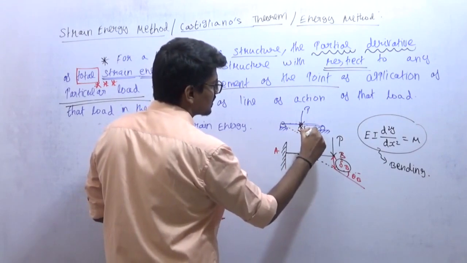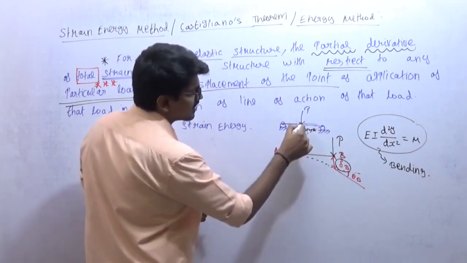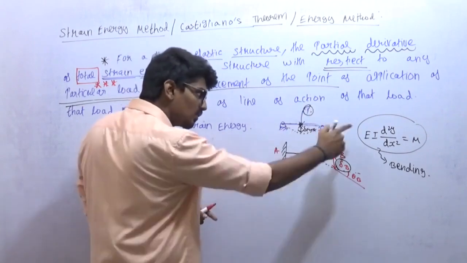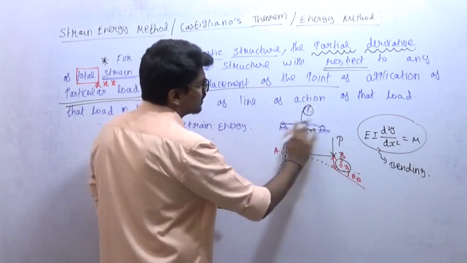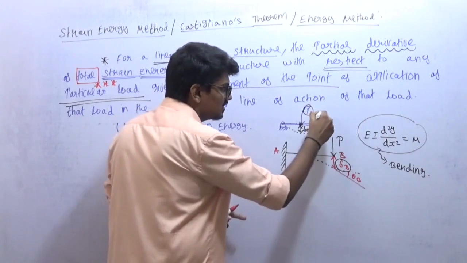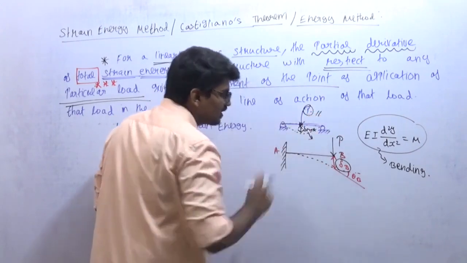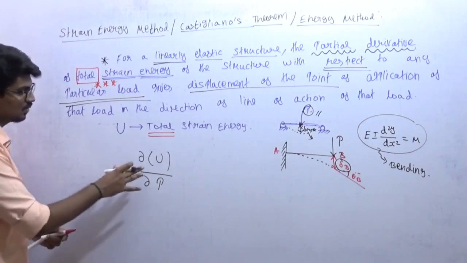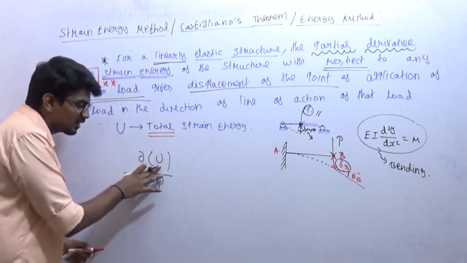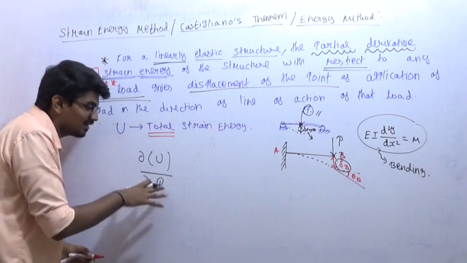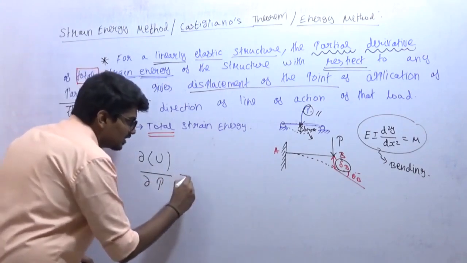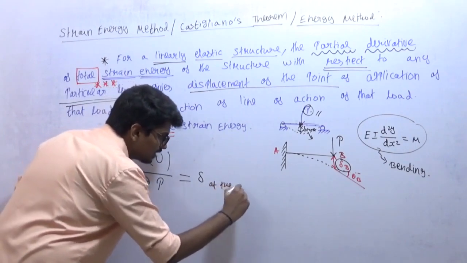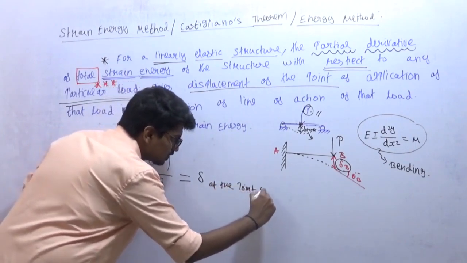This is delta max. So if I want to find out deflection at this point, then I need to use this load, but I need to find out total strain energy. After finding total strain energy, I need to differentiate with this load to determine this deflection. That is the concept. Okay. So if I differentiate total strain energy with the load at a point where I need to find out deflection, that will be equal to deflection at the point where